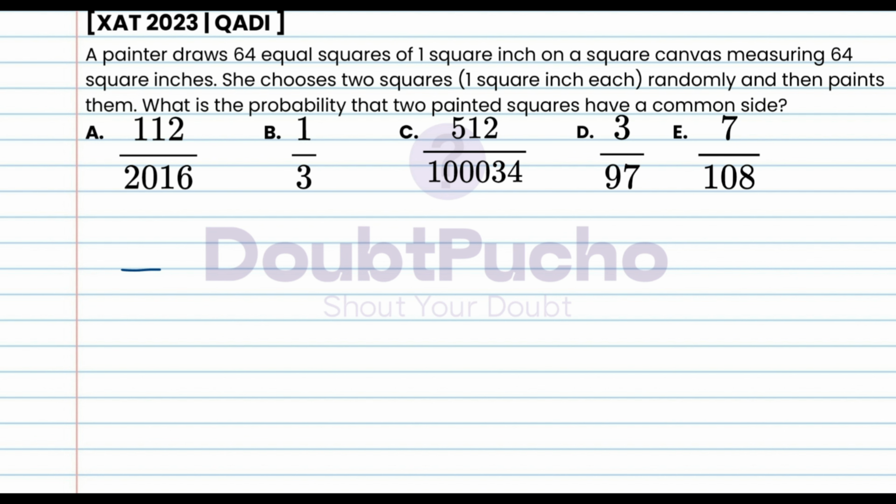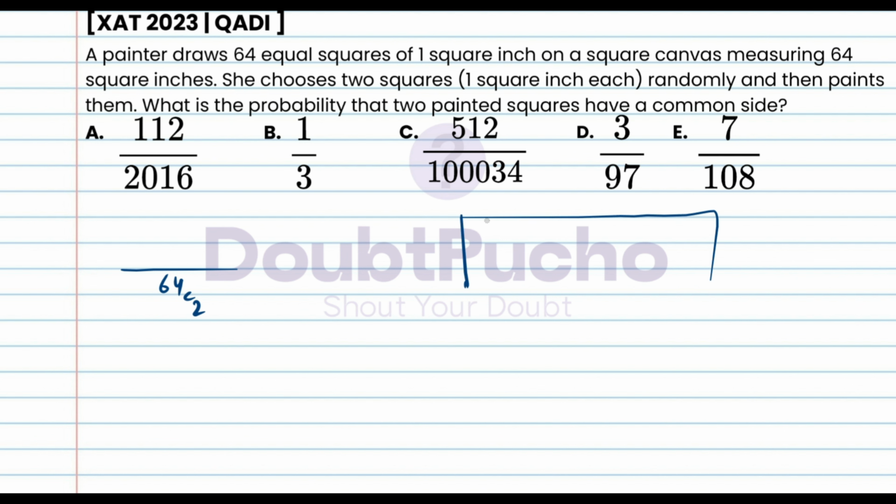Okay, so जो हमारे total outcomes हैं वो होंगे 64 C2, राइट? क्योंकि 64 में से कोई भी दो स्क्वायर आपने रैंडमली पिक किए हैं, राइट? अब प्रोबेबिलिटी बतानी है कि जो दो आपने स्क्वायर्स प्रिंट किए हैं, मतलब पिक किए हैं बेसिकली, उनमें एक कॉमन साइड हो। तो हमें कॉमन साइड वाला केस समझना है। लेट्स टॉक अबाउट अ रो फर्स्ट।